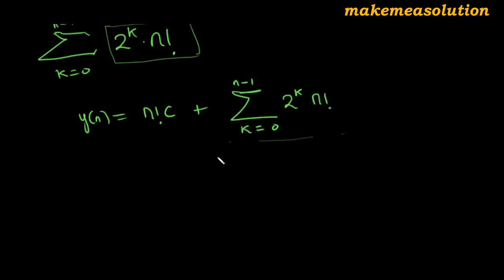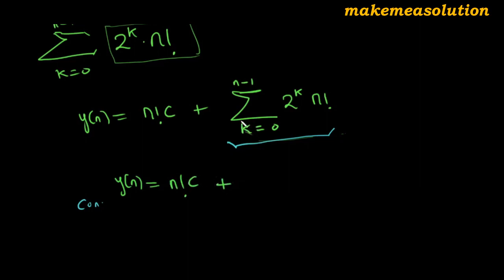Is that okay? If you are with me, let me break this down again and see what we'll get. Before we resolve this, let's do something first so that it will be easy. So you have y of n equals n factorial times c, where c is a constant, plus